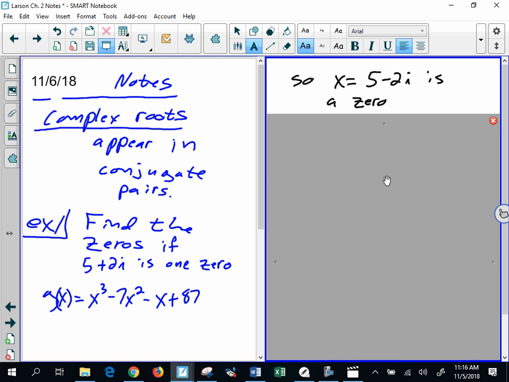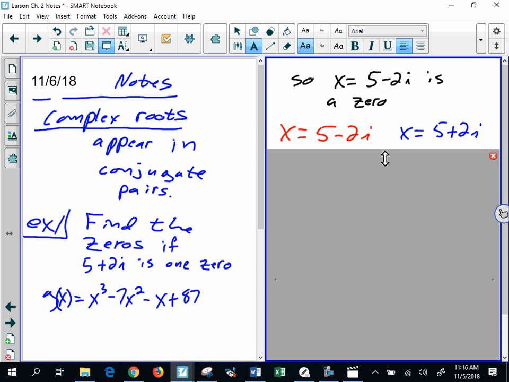So what we wind up doing is kind of off to the side doing a little bit of work, because I really don't think you want to make a box or do synthetic division with 5 minus 2i or with 5 plus 2i. So what I'm going to do is go through, and if x equals 5 minus 2i, then